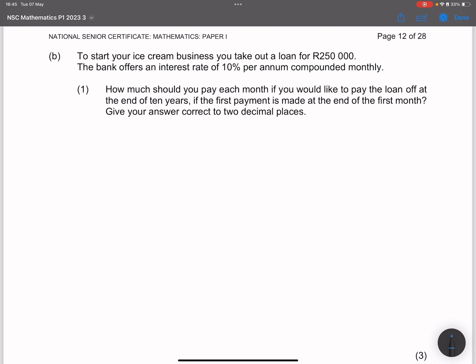Now we're looking at, in this case, the present value, so we're going to use our present value formula. That's x into 1 plus i to the minus n, divided by